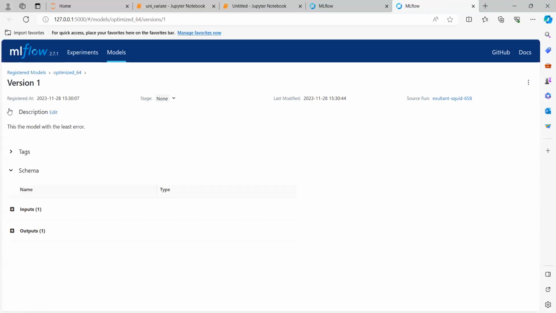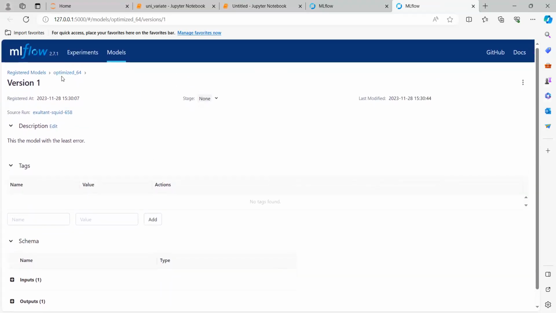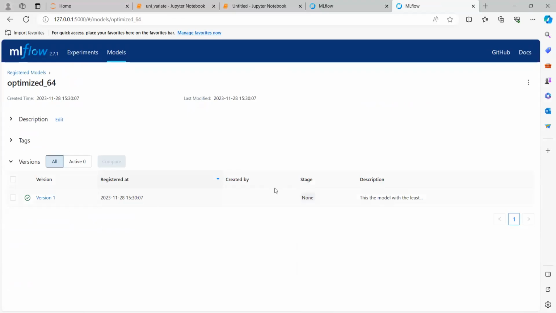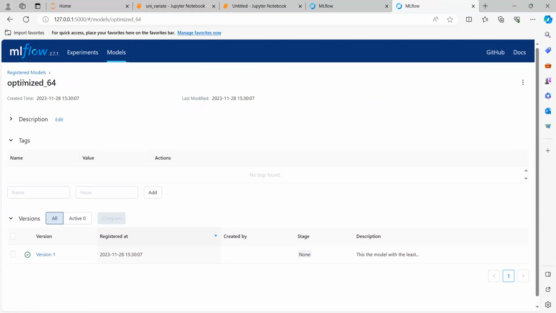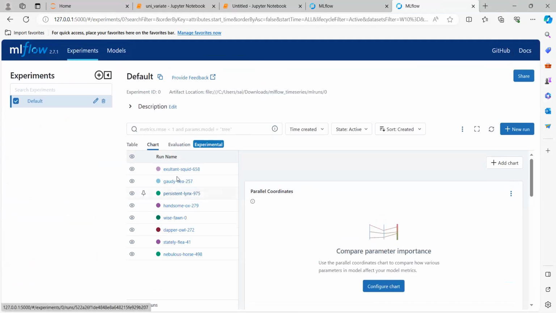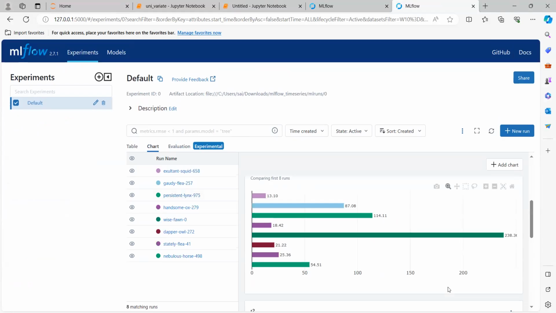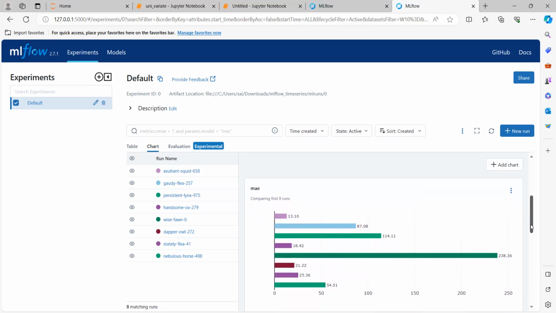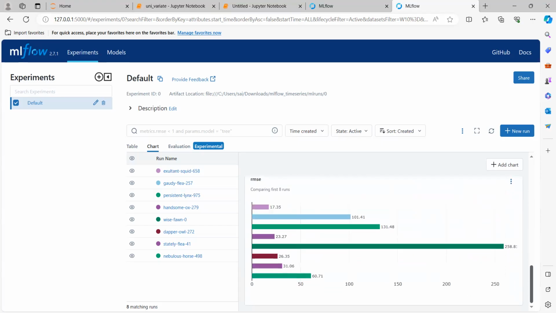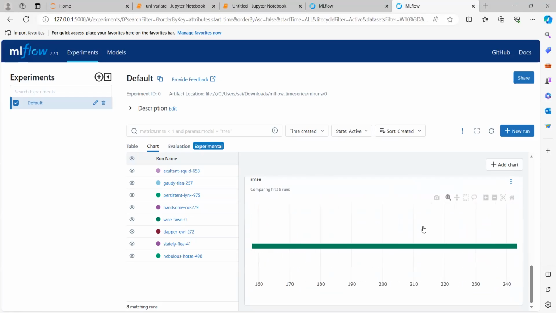See, in this way, we can save this model. This is the model. We can add its name and some other values to it. And many charts will also get created automatically on this MLflow dashboard, like comparing the mean absolute error, R2 score, root mean square error,